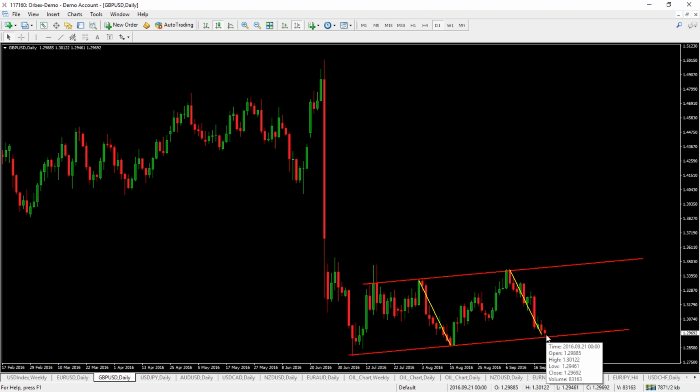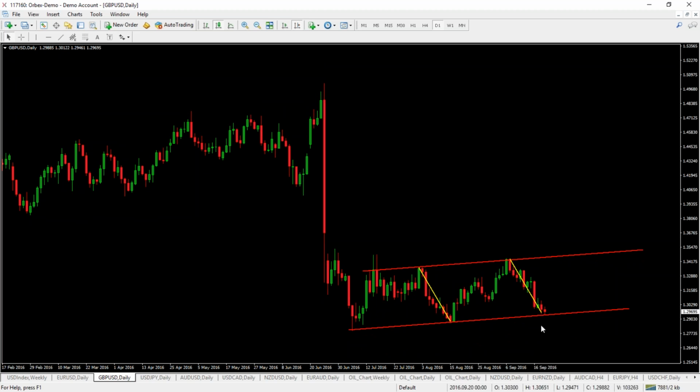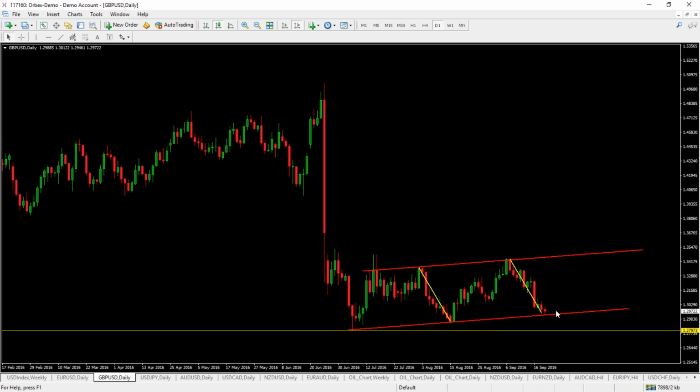So this is an important technical juncture for the sterling dollar, and obviously with a key risk event in the offing with the FOMC tonight, going to provide the catalyst for either a breakdown below this bullish channel support where we open up a run down to test the year-to-date low at around 128, or alternatively, if the FOMC again fails to satisfy hawks tonight and we see the US dollar breaking lower, then we can expect this key technical support to hold and for sterling to rotate higher, and obviously the target on any long trade entered as price retreats higher from this trendline support is going to be a move back up to test the top of this bullish channel. So again, very critical for cable.